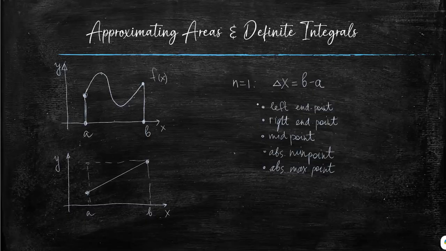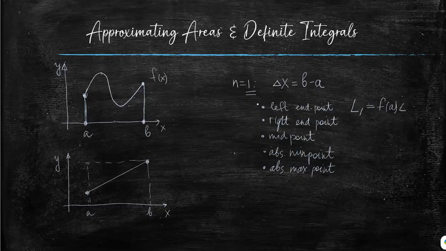Now, if we use left endpoint approximation, then the area, and we're going to label it as L1, where L stands for the left endpoint and 1 refers to the number of rectangles, will be equal to f of A, the height of the rectangle. This is our rectangle built around this value,